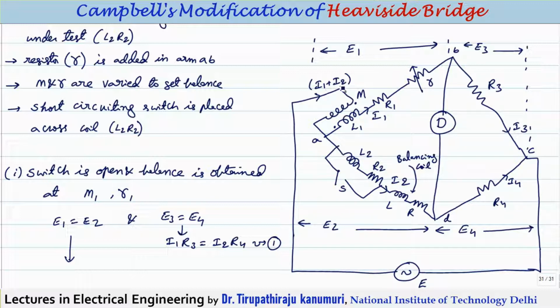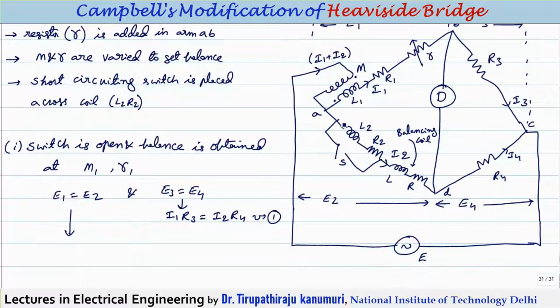That current is equal to I1 plus I2. Because of that, whatever flux is produced by this one will link with this coil. Now coming to the current passing through this coil L1, it is I1. This one is also entering the dot. So when the current is entering the dot of both the coils, we can tell that they are in aiding mode. That means the mutual inductance will be aiding, that means it will be plus.